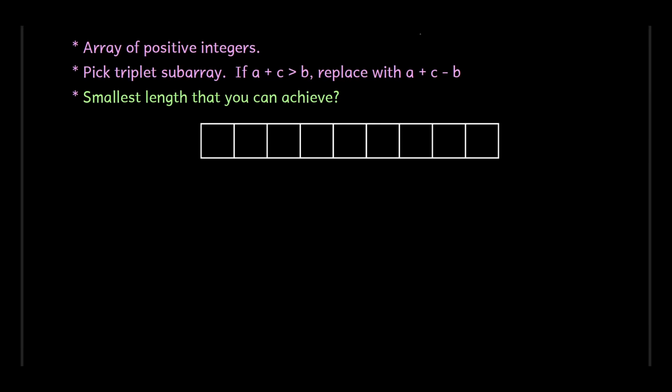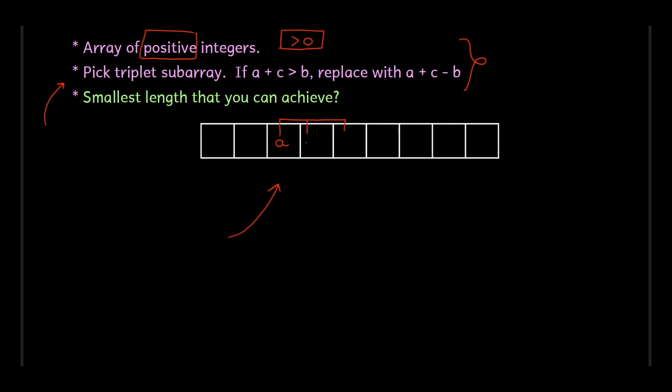In this video, we will look at a problem that requires very sharp observation skill, but it is an interesting problem nonetheless. You are given an array of n positive integers, that is, each element of the array is strictly greater than 0. Then you are allowed to do a series of operations on it, and in one operation, you pick any three consecutive indices, basically a subarray of length 3, and you call that a triplet,